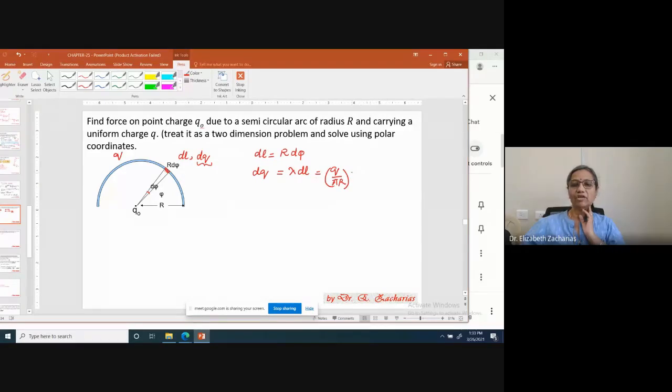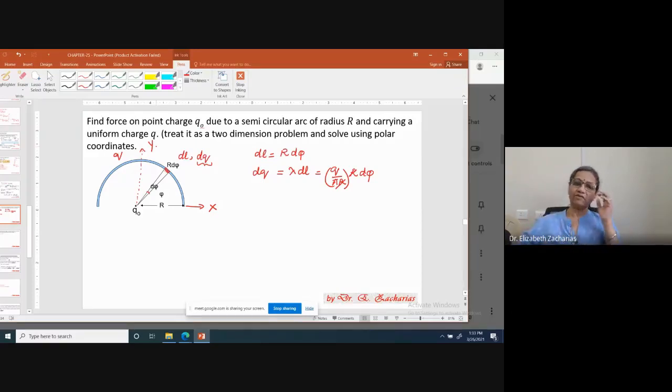So dl, you can immediately write R d phi. Right. So this R and R will cancel out. Great. Next, what do? I have my element. So immediately what should I do? Before anything, we should look for an axis of symmetry. So this is going to be my axis of symmetry. Okay, if I call this my x-axis, my y-axis is the axis of symmetry. That means the picture is the same on the left and right side of the y-axis. On the right side, what I have is the mirror image of what is on the left-hand side. Okay, so that's the symmetry of the problem.